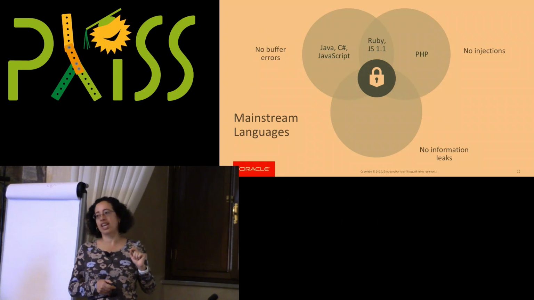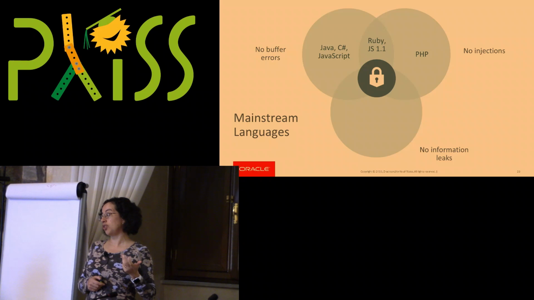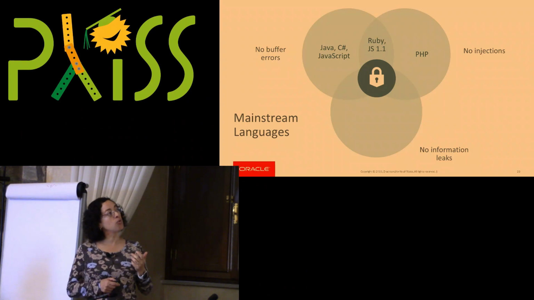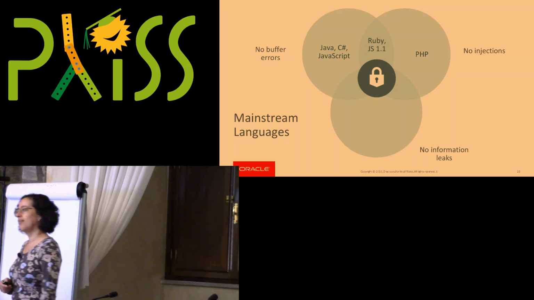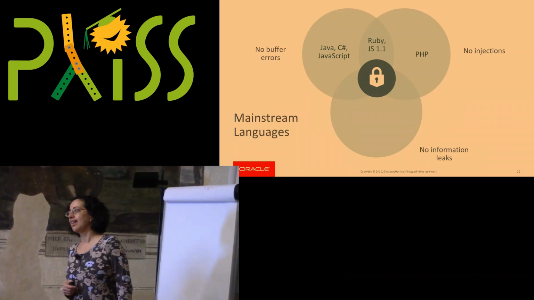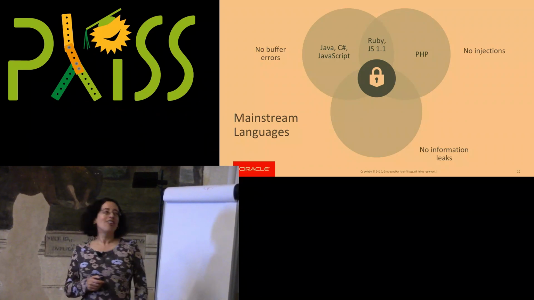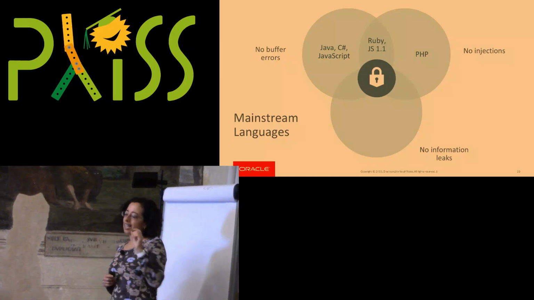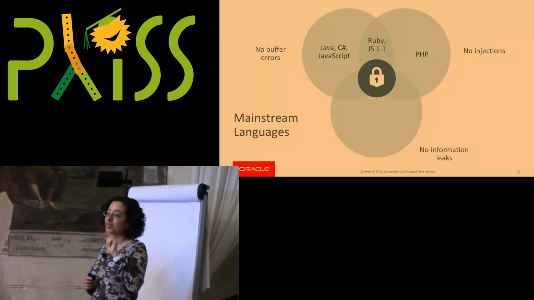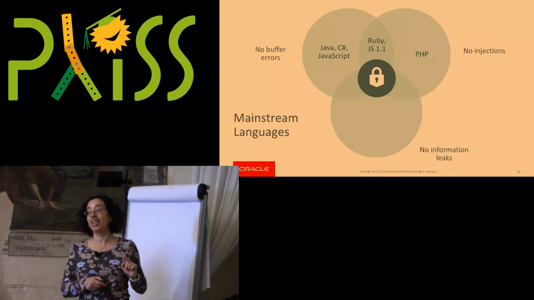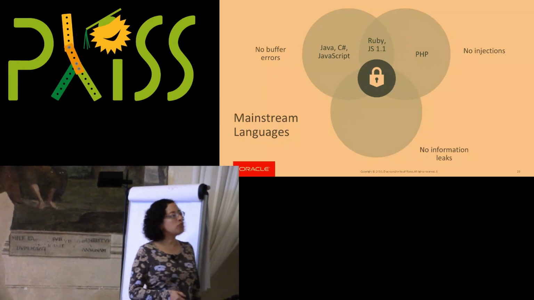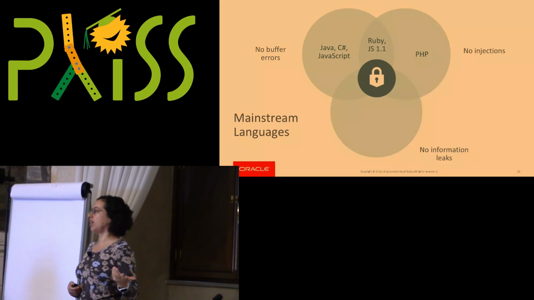There are few languages that have actually looked at how to avoid injection type of vulnerabilities. And you have the Ruby language, you have the PHP language, and version 1.1 of the JavaScript language also had this issue. Question, what do you mean by non-injections in this slide? Because for instance, PHP has removed all inclusion, which is really easy to do. Right. Here I've included languages that have had a concept of some form of injections, right? Because none of these are full or complete, right? And then for information leak, none of the mainstream languages actually have the right support.